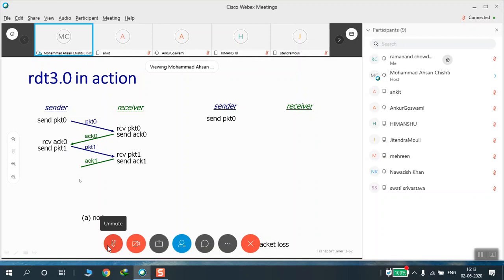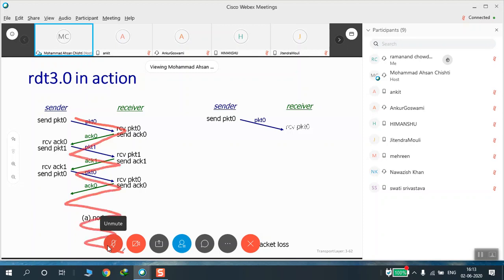The receiver receives the packet, sends the acknowledgement of that packet. Once the sender gets the acknowledgement, it prepares the next packet, and so on. This is how it will keep on going. Next, next, next, next.